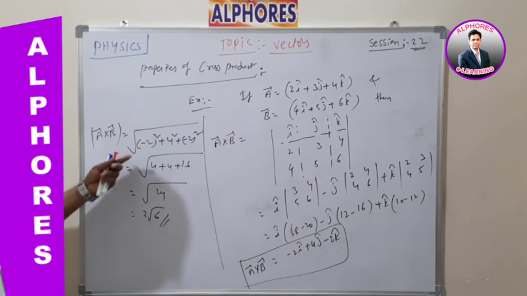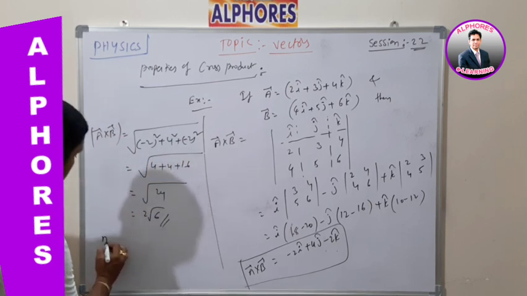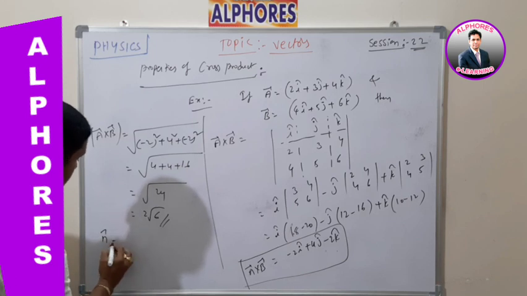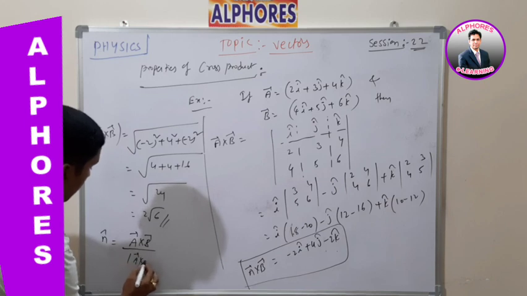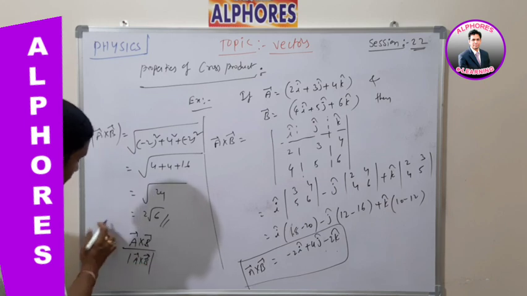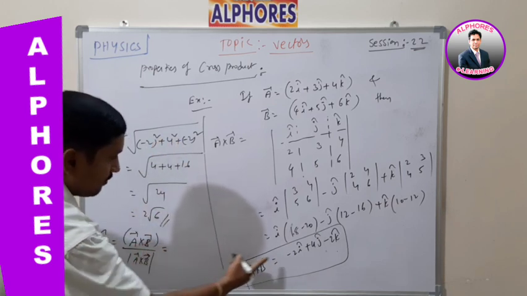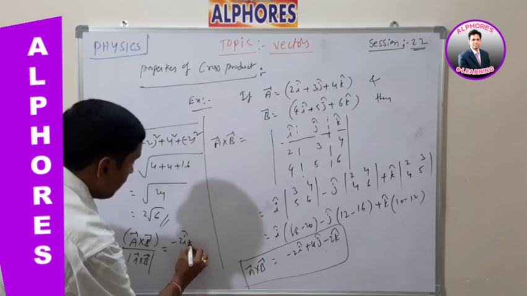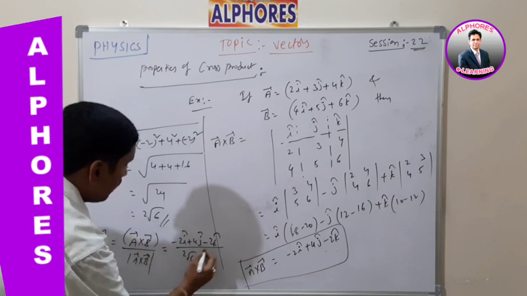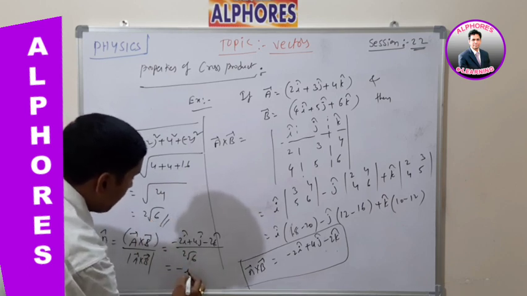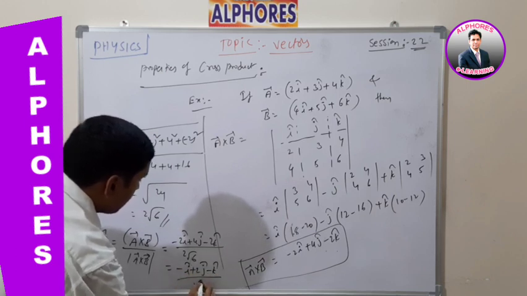All of you listen carefully. Then you see what is the unit vector parallel to this vector. n cap is equal to a bar cross b bar by modulus of a bar cross b bar. So this is the unit vector which is parallel to a bar cross b bar. We already know this vector is minus 2i cap plus 4j cap minus 2k cap, divided by 2 root 6. So 2 is cancelled, and I am getting minus i cap plus 2j cap minus k cap by root 6.